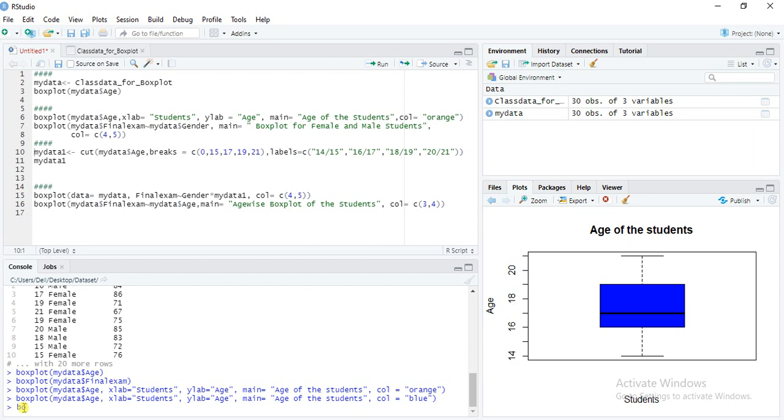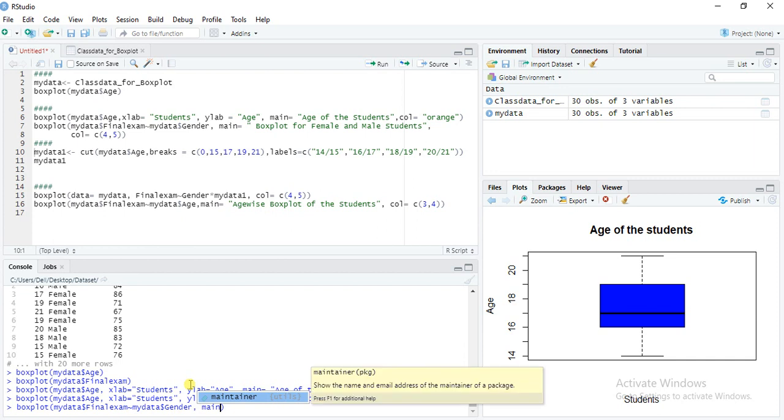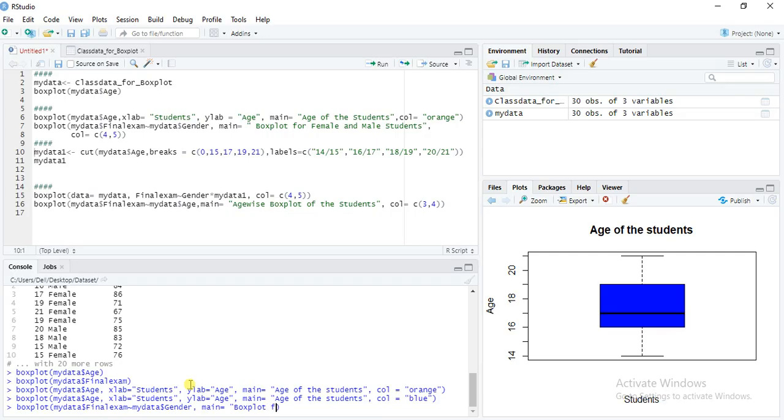So here boxplot, and within the bracket my data, dollar sign, final exam, tilde, my data, dollar sign, gender, comma, main equal to box plot for female and male students.